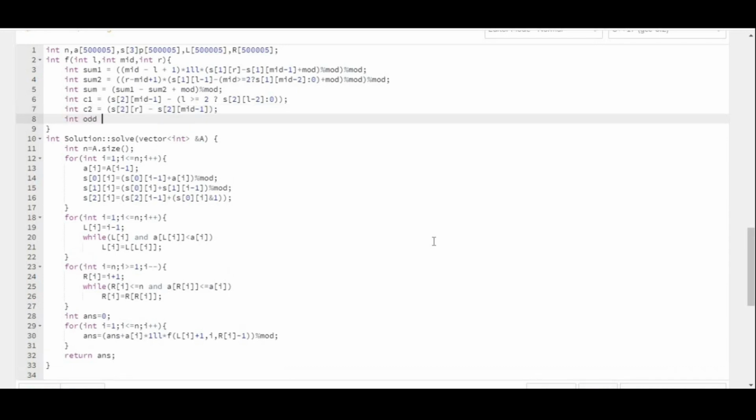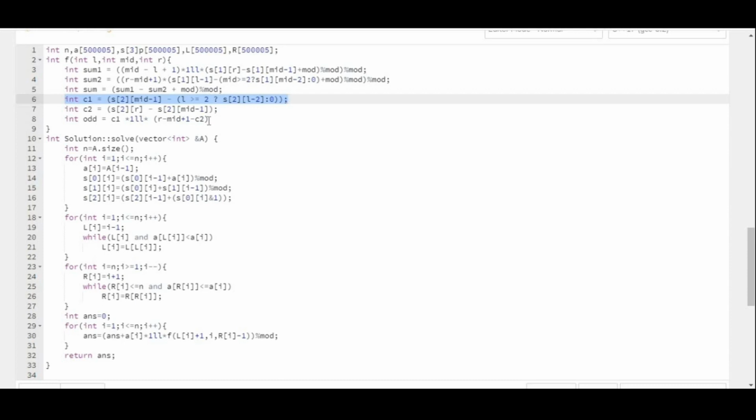Now the total odd subarrays will be C1 into (R minus mid plus 1, the total number of subarrays, minus C2). And let's multiply it by 1LL. So basically C1 is the count of odd numbers from L minus 1 to mid minus 1, and C2 is the count of odd numbers from mid to R. And to find the count of even numbers from mid to R, we will just subtract the odd numbers from R minus mid plus 1.